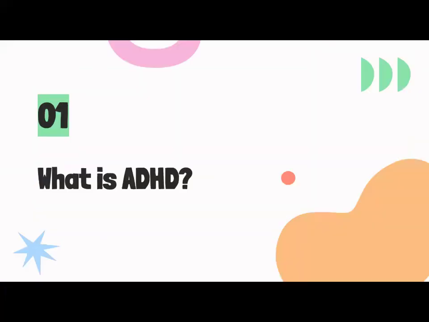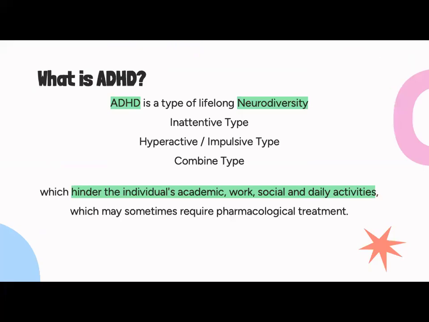So what do we mean when we talk about ADHD? It's now recognized as part of a wide range of neurodiversity, including things like autism and dyslexia, etc. And classically, it's divided into three groups, and we'll go into that in quite a bit of detail today. So in the DSM, when you diagnose somebody with ADHD, you can have somebody with inattentive type or somebody with hyperactive impulsive type,